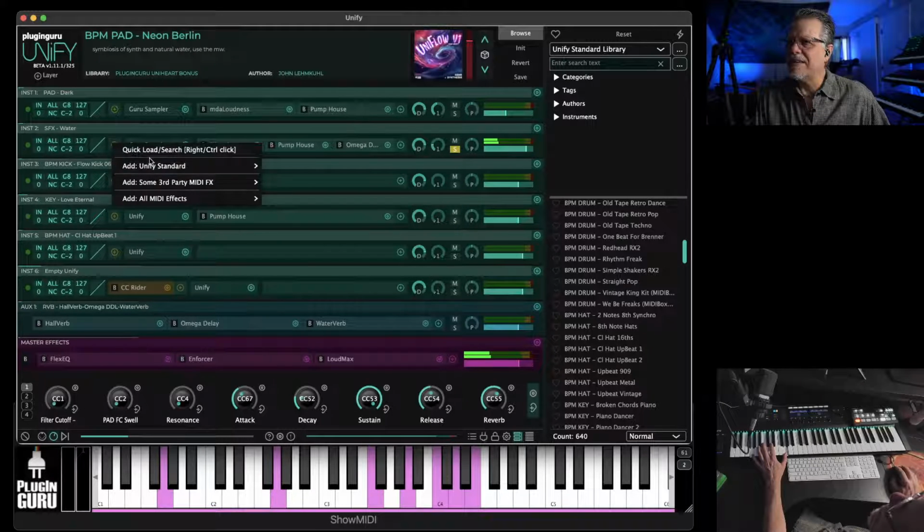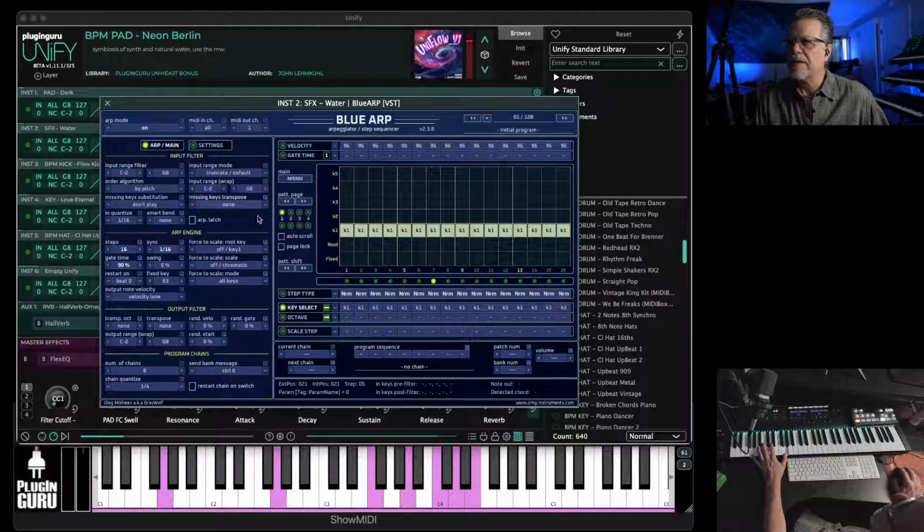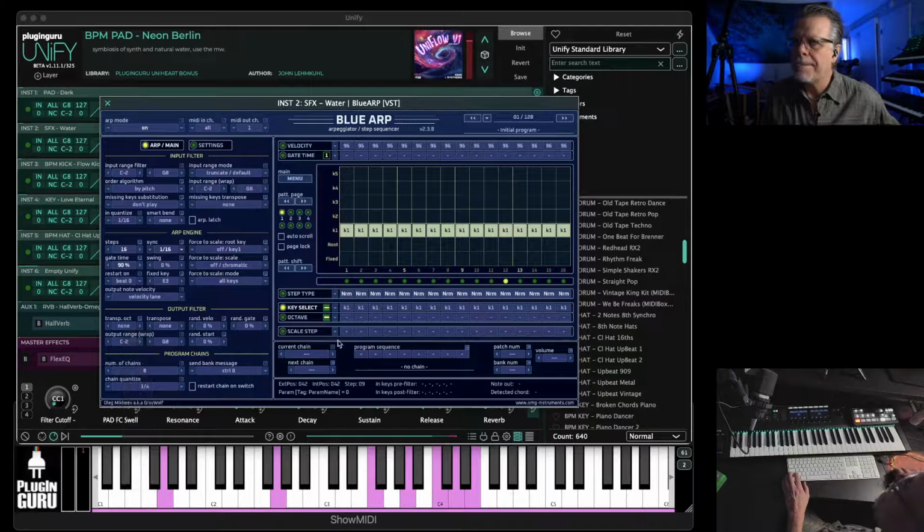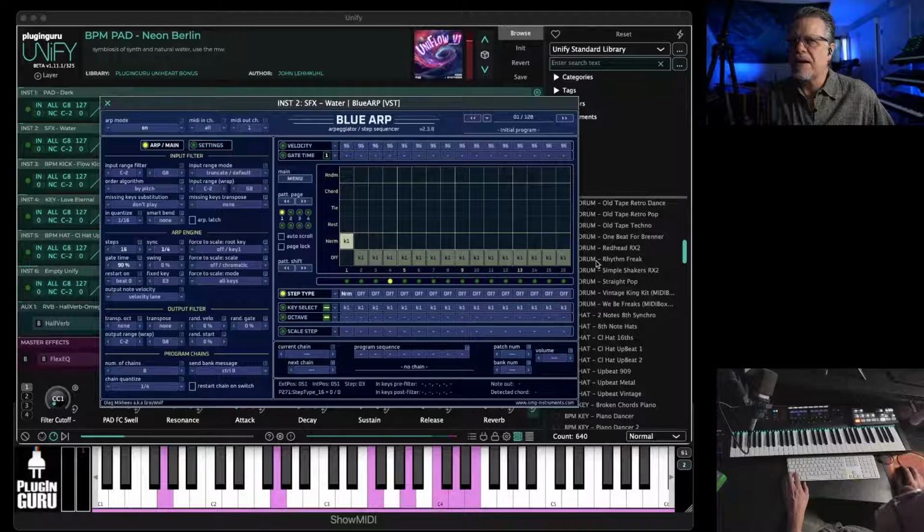So let's do this. Let's let it get re-triggered with a Blue Arp. Let's say like, I think we just gotta set this to quarter notes, right? So we say quarter notes. See if I remember how to do this. So we go over here to step type. We say tie. Let's see if we go like